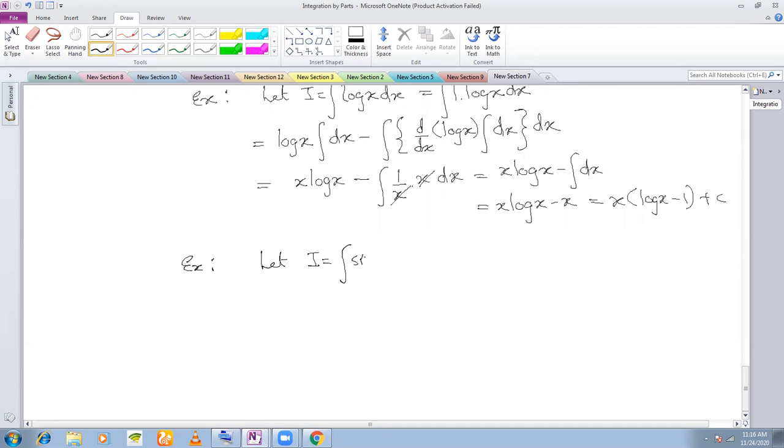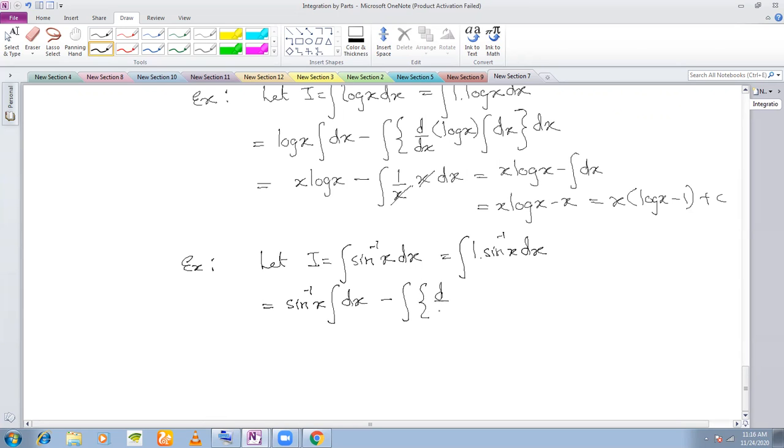How will you integrate sine inverse x dx? Again, this is just like log x. You take sine inverse x as your first function. So the integral of sine inverse x, you can write this as integral 1 into sine inverse x dx. If you take sine inverse x as your first function, 1 becomes your second function, minus the integral of the